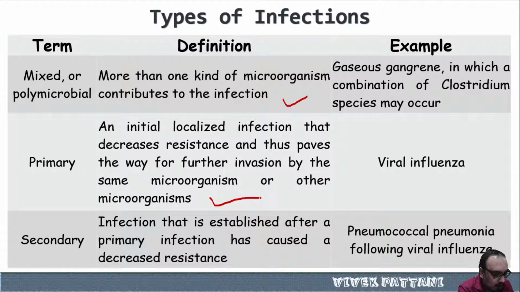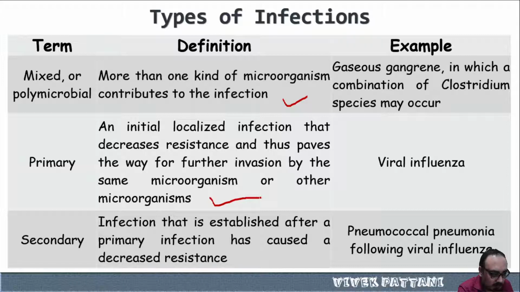Okay, so in that case you are prone to other infections also. For example, let's take an example. Mansi is having an infection, and the infection basically lowers the immunity of Mansi. Now she is more susceptible to other pathogens also, but